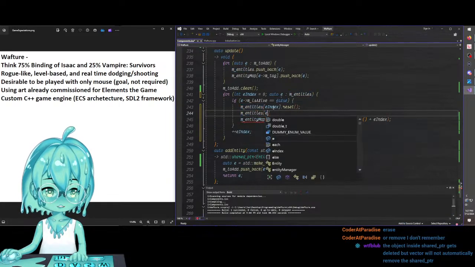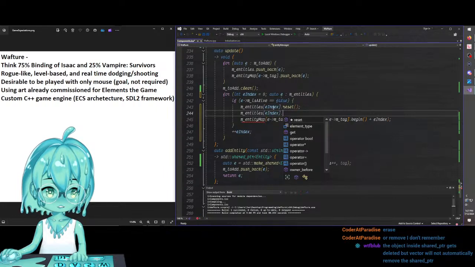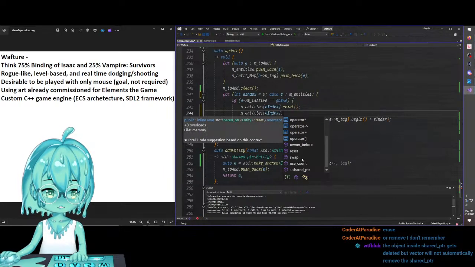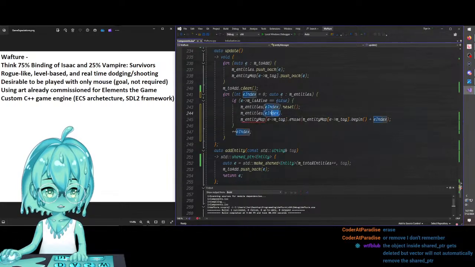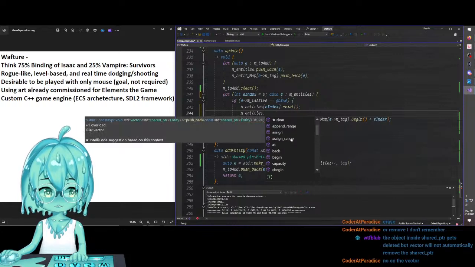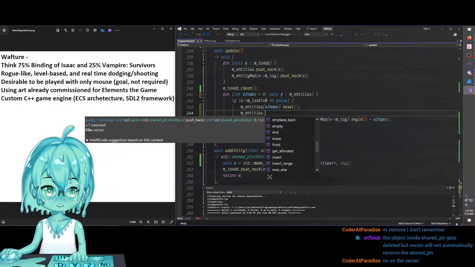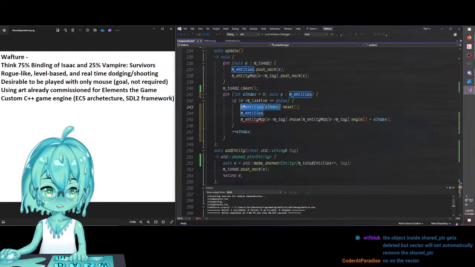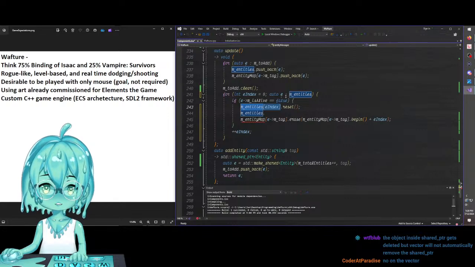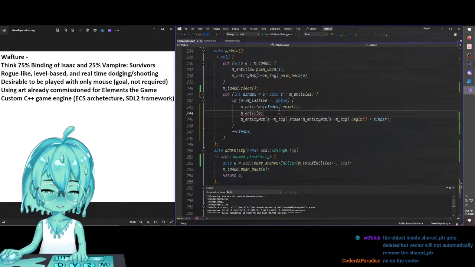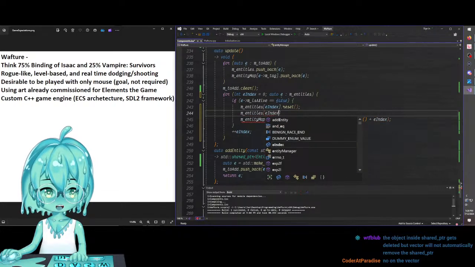In this m_entities dot index value, we need to swap, use count, reset. This is just getting the specific element. So we need to say, this is just an integer value. That's all this is. And then the entire thing is an entity. So what we should do is at this spot,